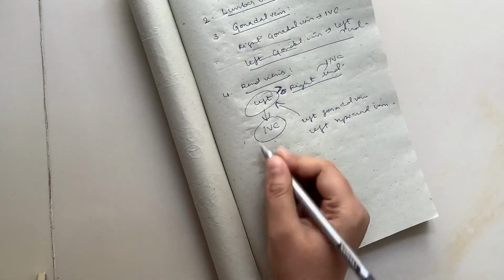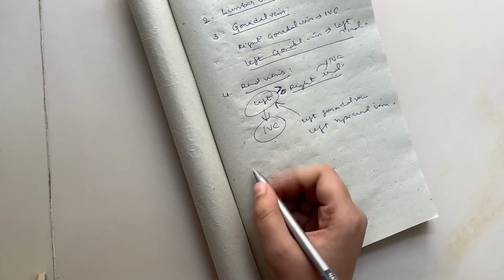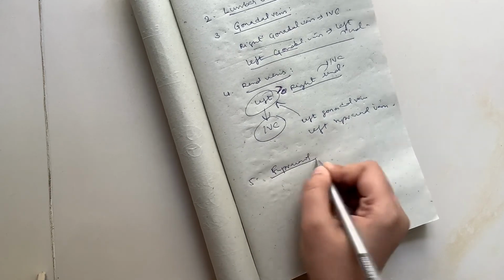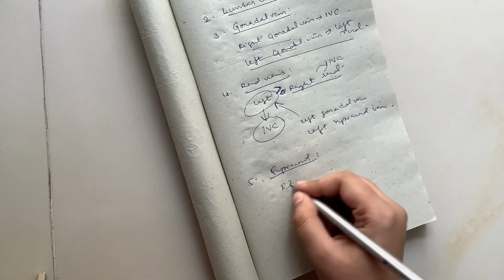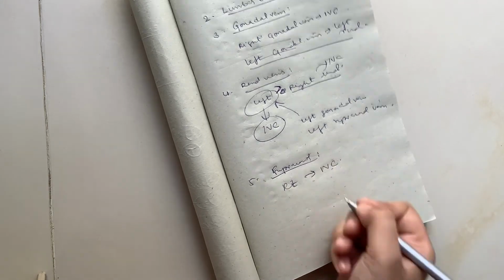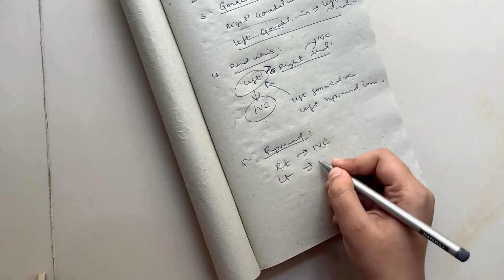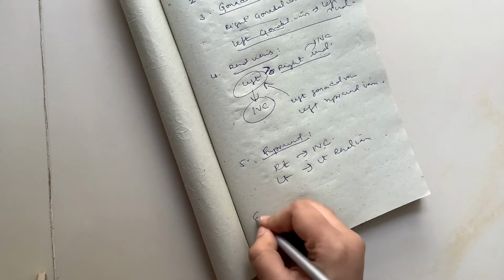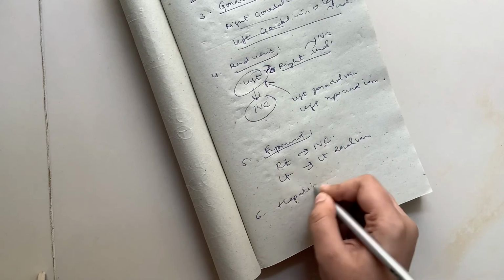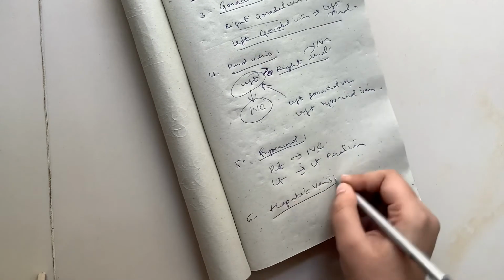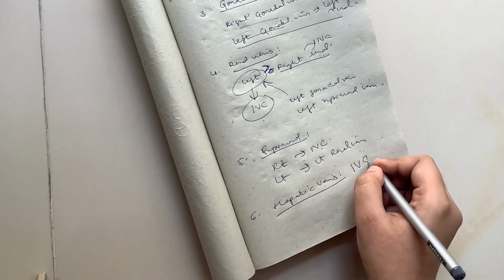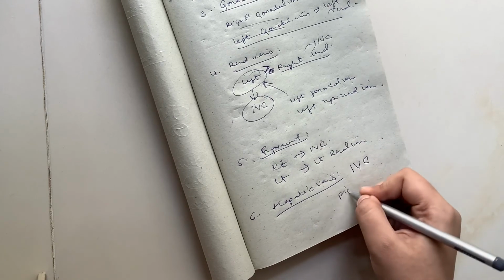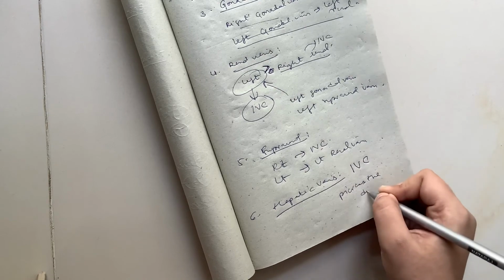Then the next one is the suprarenal vein. What can I say about it? The right suprarenal vein ends in the inferior vena cava, but the left suprarenal vein ends in the left renal vein. And then we have our hepatic veins. There are 3 hepatic veins, and these end in the inferior vena cava just before the inferior vena cava pierces the diaphragm.